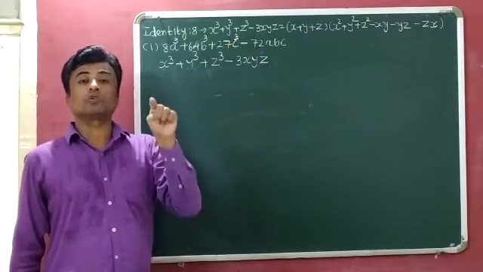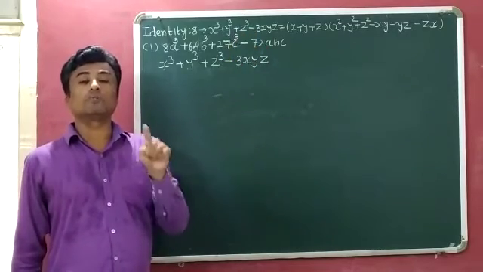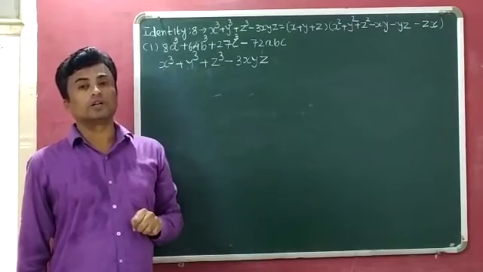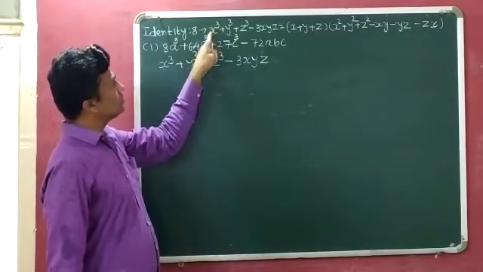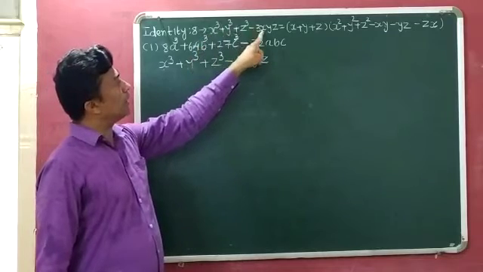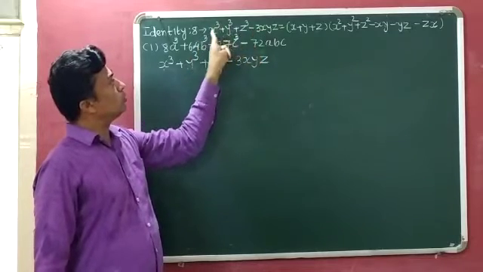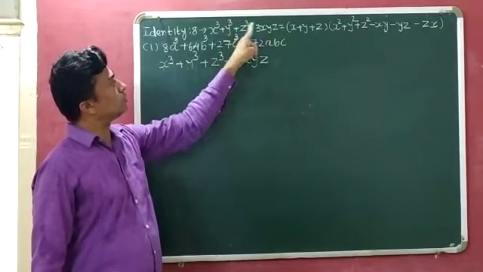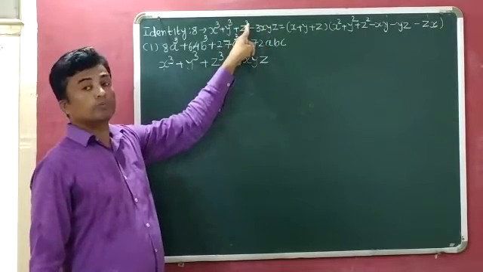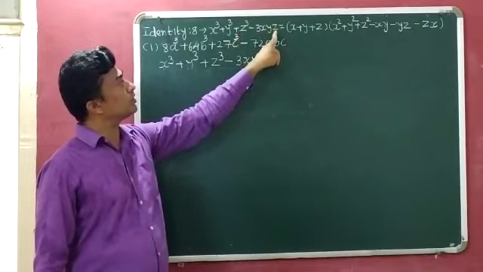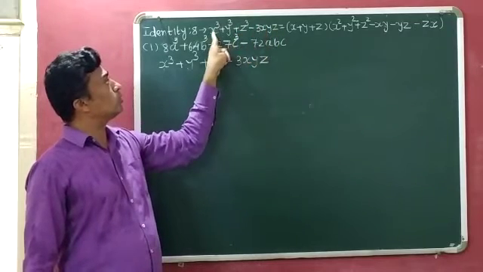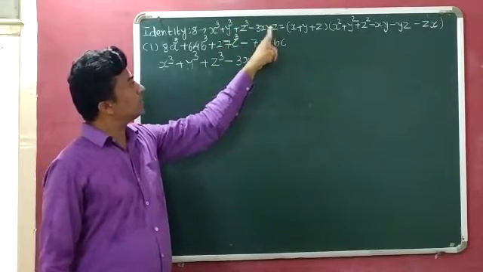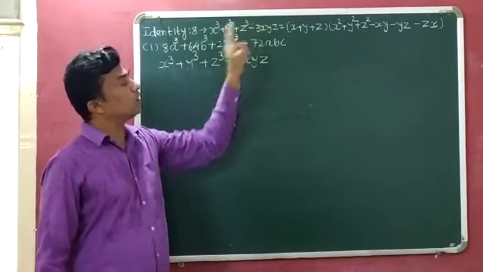And it is the product of 3 and the cube root of the first term, the cube root of the second term and the cube root of the third term. So see children, x raised to 3, its cube root is what? x. Cube root of y raised to 3 is y, and cube root of the third term z cube is what? z. So x is the cube root of the first term, y is the cube root of the second term and z is the cube root of the third term.